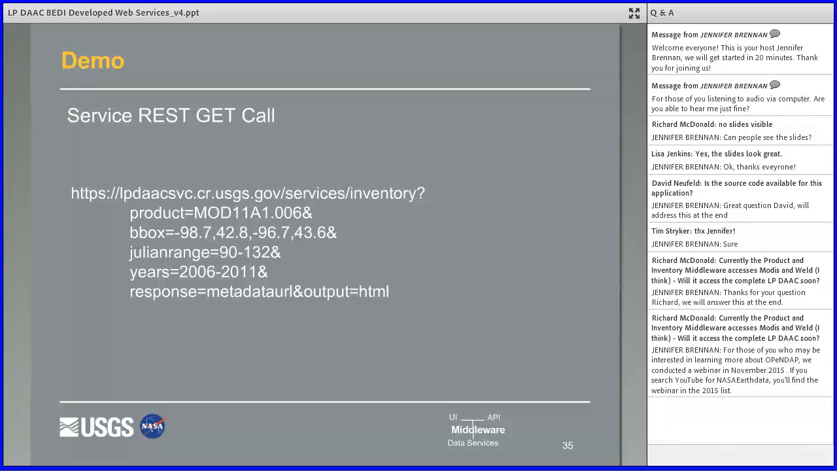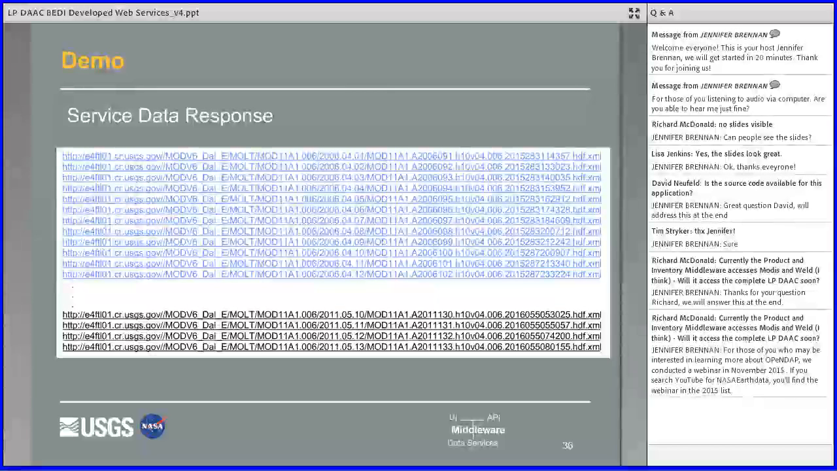And in the response, I'm selecting the kind of information I want to get. In this case, I want to get the metadata URL. I'm not looking for the data URL. I'm looking for a link that will show me the metadata about this product. And I'm also putting in an output parameter of HTML, which allows me to look at that data as if it's an HTML web page, which is really nifty, because when we execute this call, we get a data response,